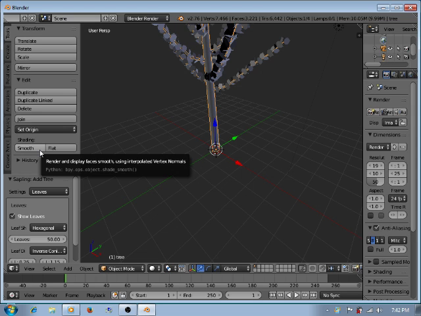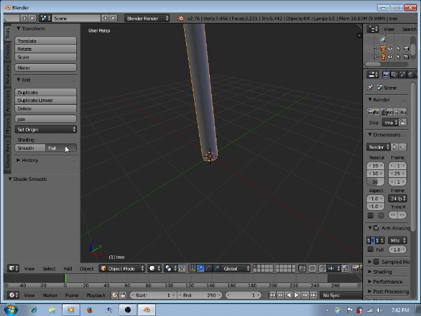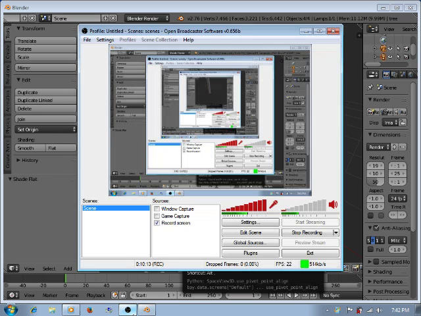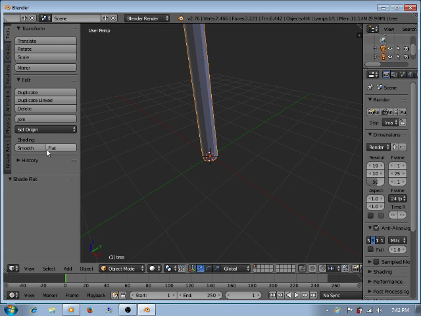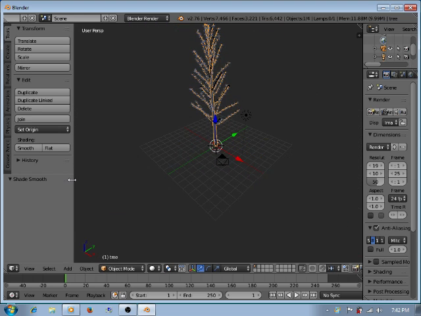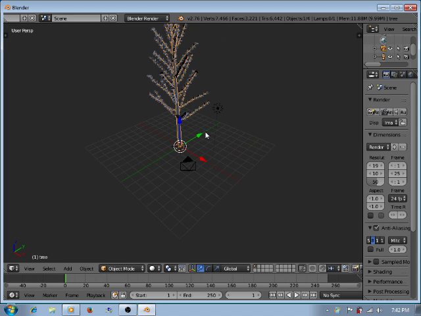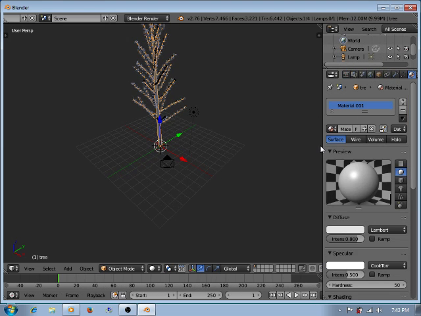Let's actually change. Select everything. So if you look at the tree, or the stump, still going good. If you look at the stump, kind of roundish or boxy. So I click on the stump, I hit T, and drag that out. Go into the material tab. New, let me say stump.